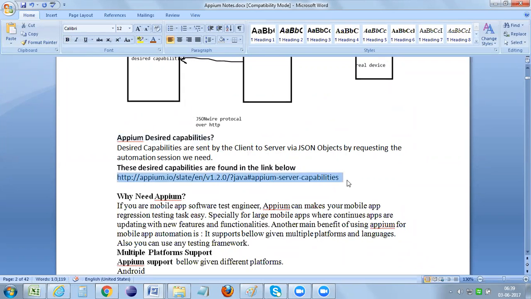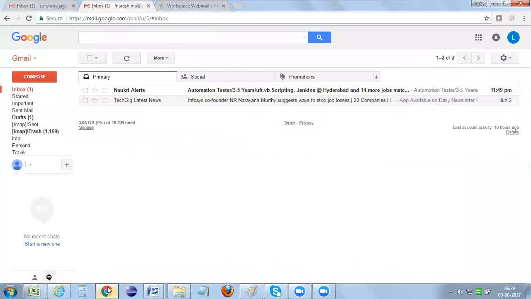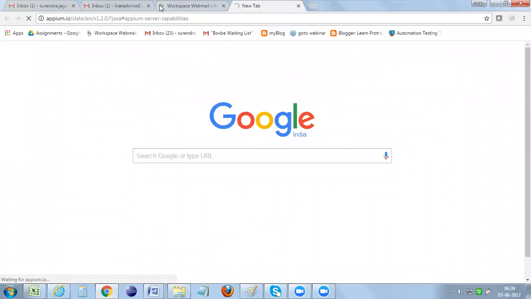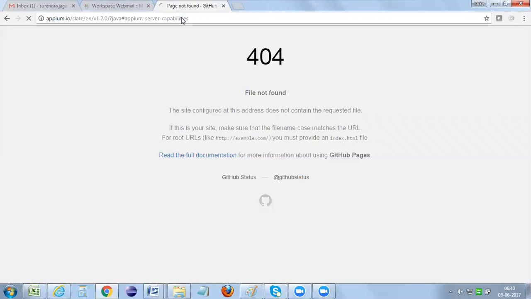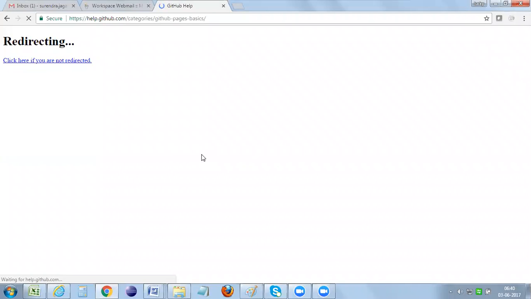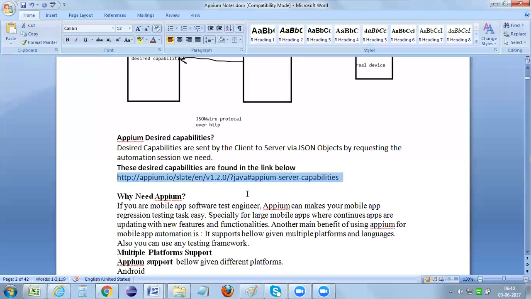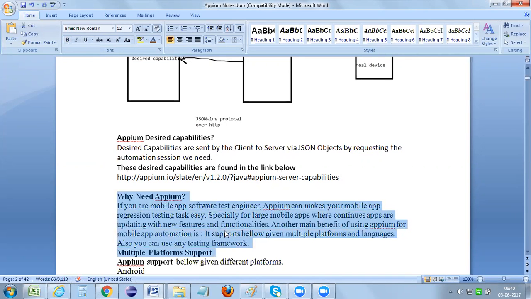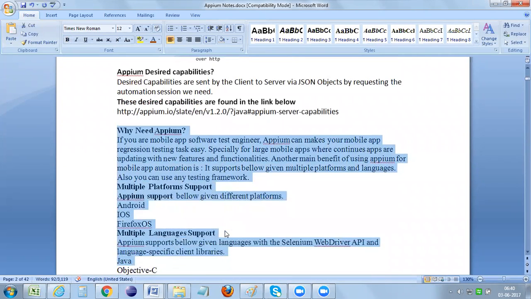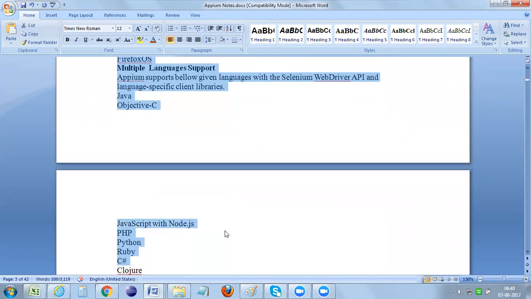So here, to study the desired capabilities in detail, we have a link, using which we can study them in detail. You have documentation for these Appium desired capabilities, which specifies what we need to pass and other information. Okay, fine. And then, why we need Appium: as I mentioned earlier, it supports multiple platforms,